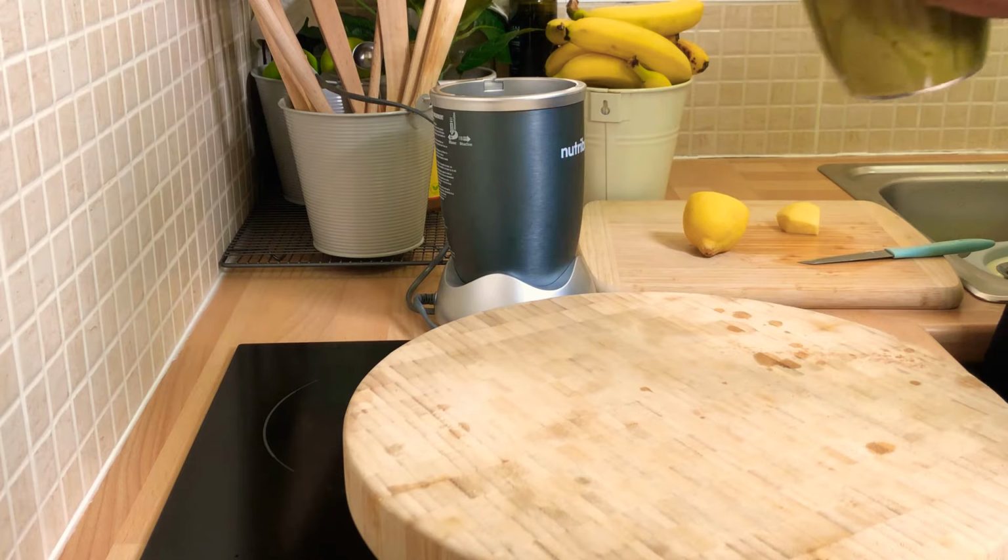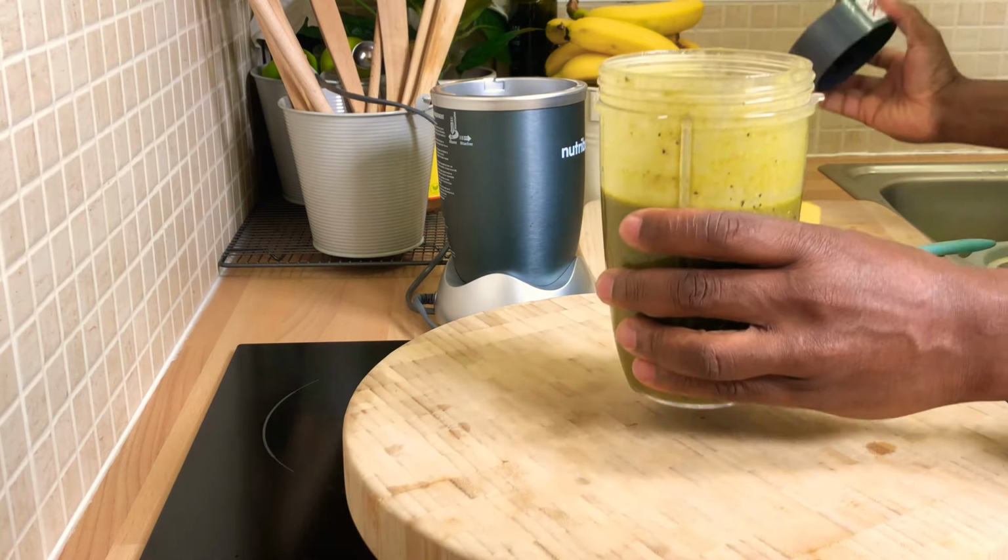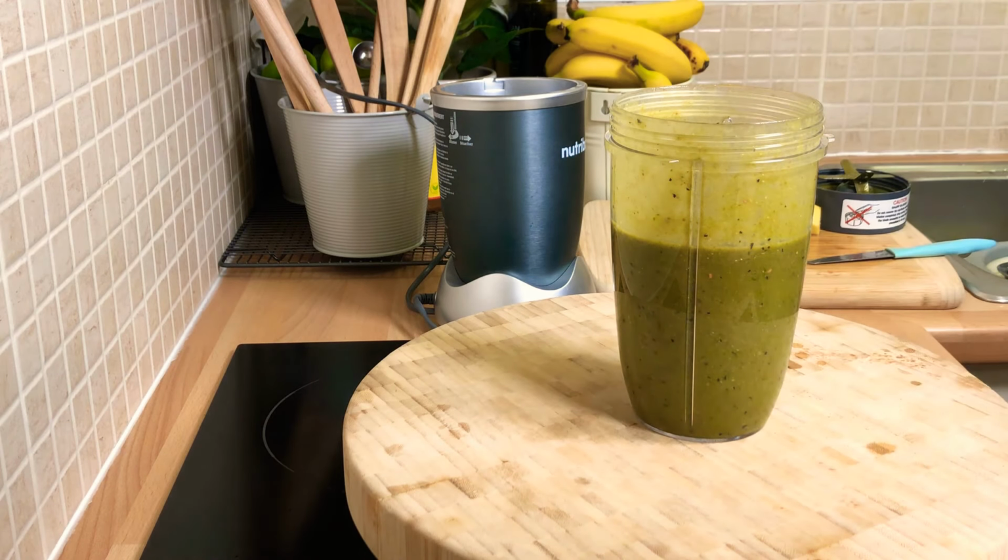Nice one. So what I'm gonna do, I'm gonna open it back up, because you see it's run down a little bit. Alright, so we got some more space inside of it, alright? So what we're gonna do now,